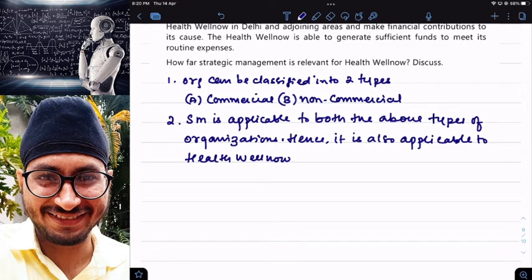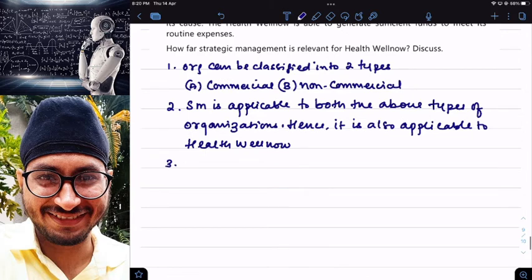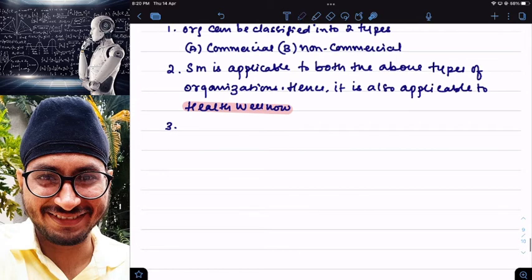Yes, sir. Organizations are basically of two types, commercial and non-commercial. Strategic management is applicable to both types of organization, that is, profit organizations also, non-profit organizations also. Now tell, Health Well Now, in our case, this Health Well Now falls under which category? Does it fall under commercial category or non-commercial category? Non-commercial. Health Well Now, in our case,